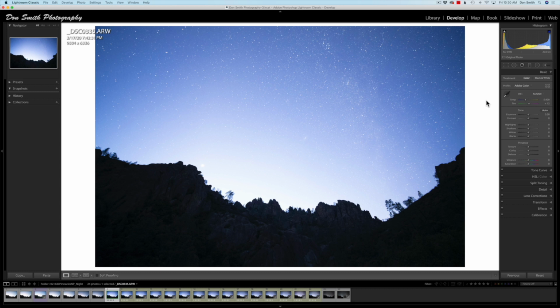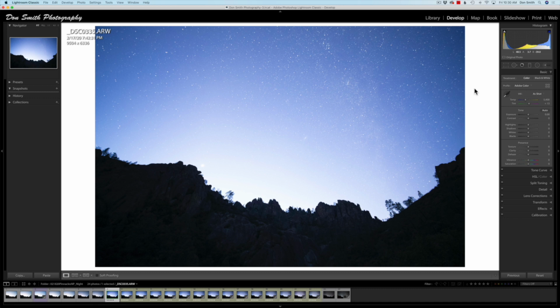Now, the other thing is this thing called the 500 rule, the 600 rule. It is talked about a lot out on the web. What they tell you is to take the millimeter of your lens and divide it into that number, say 500, and that will tell you how long an exposure you can use before you start seeing any movement in the stars. I really don't think that's a valid rule,